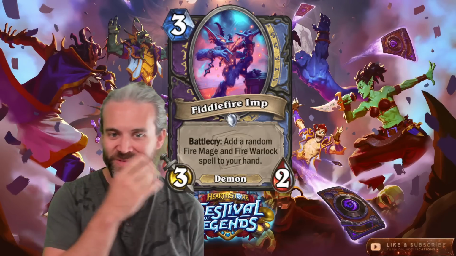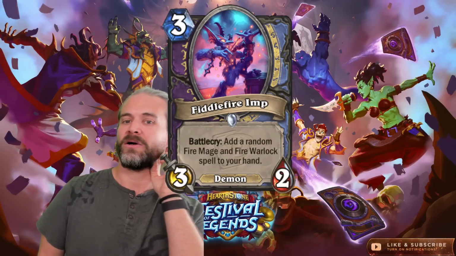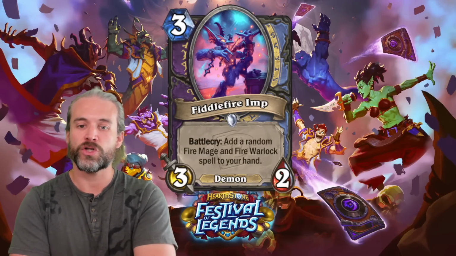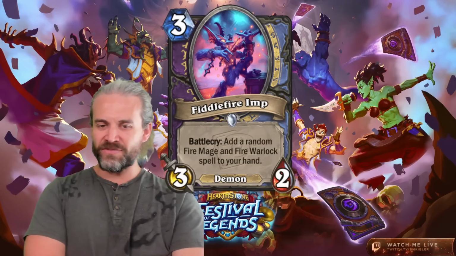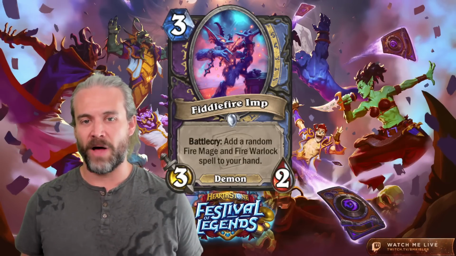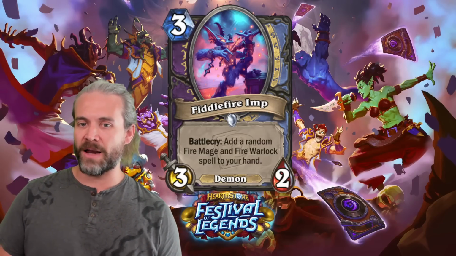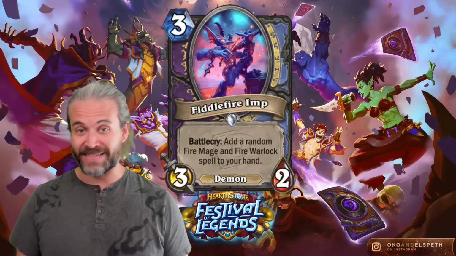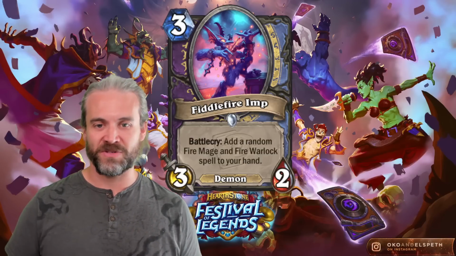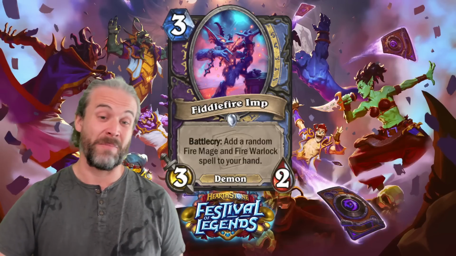Fiddlefire Imp. There's a 3-cost 3/2 demon that is a mage and warlock card, with Battlecry: add a random fire mage and fire warlock card to your hand. This is an interesting card because it's giving you 2 additional cards alongside a 3/2 body for 3, which is not incredible. Obviously, the body itself is not great, but basically getting a body with draw 2, and them specifically being fire spells, where you have at least a reasonable understanding of what that might be, is pretty